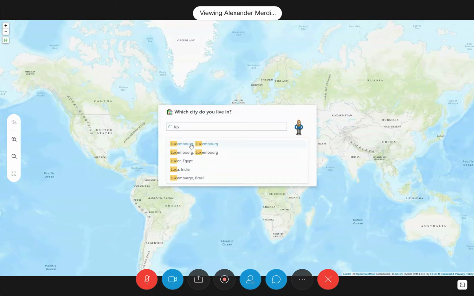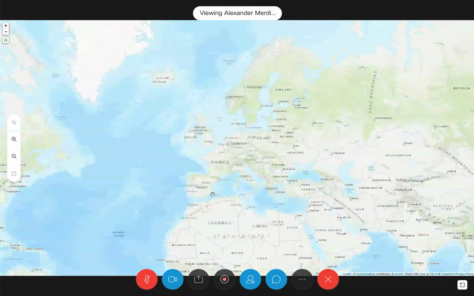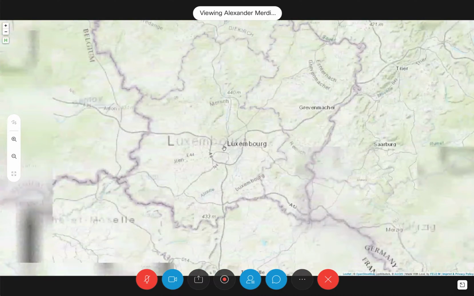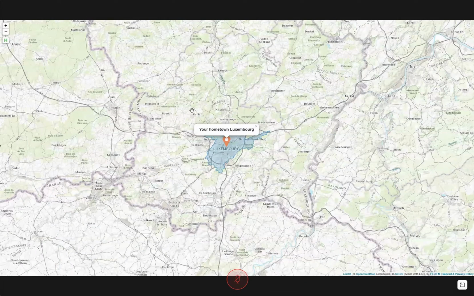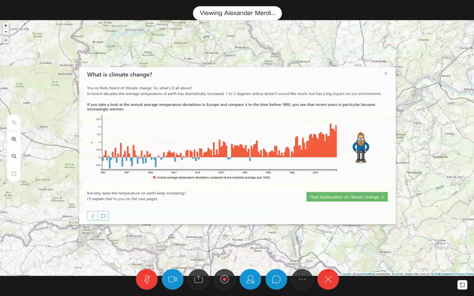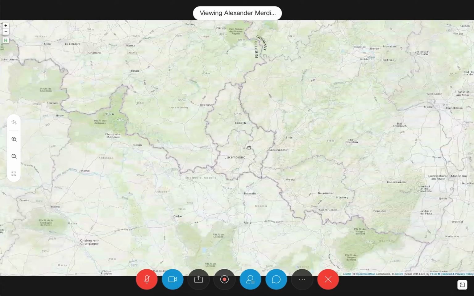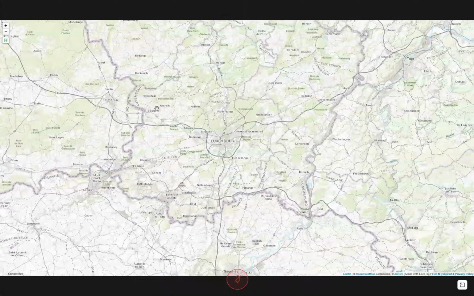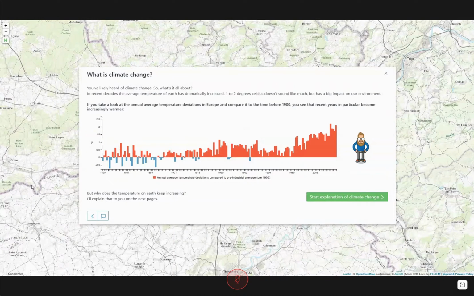So let's select Luxembourg. Then we have this dynamic map of the world that you can move around. You can zoom in, zoom out, zoom back in, and do all kinds of stuff. If you leave one of those information windows, you can just click here, and then you are back where you were.